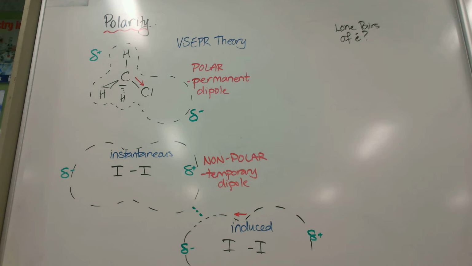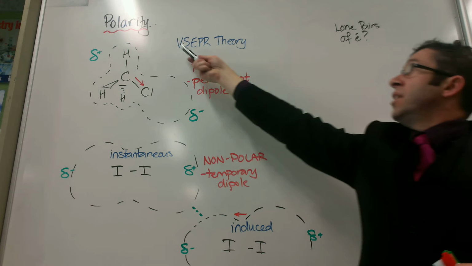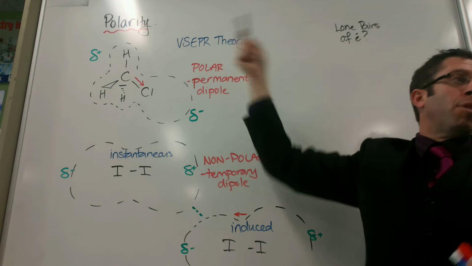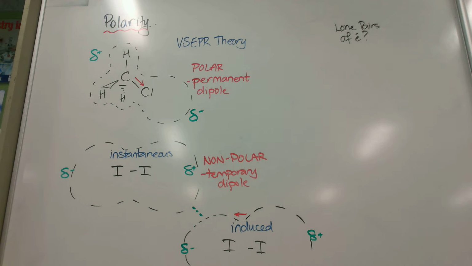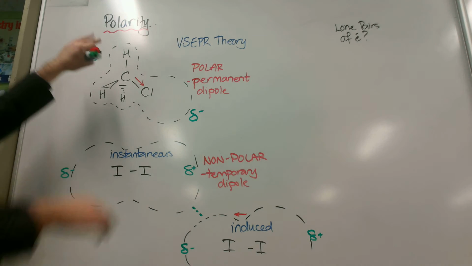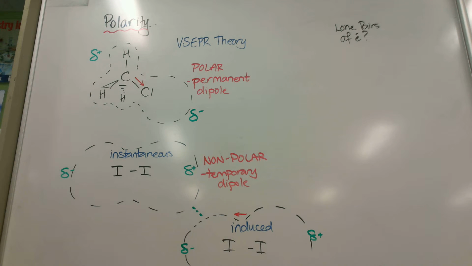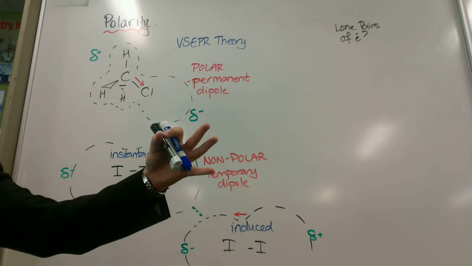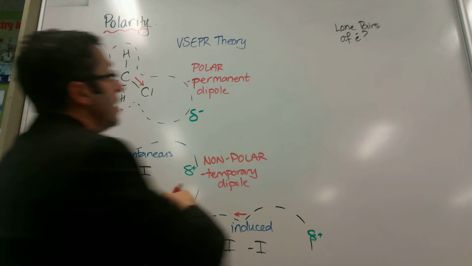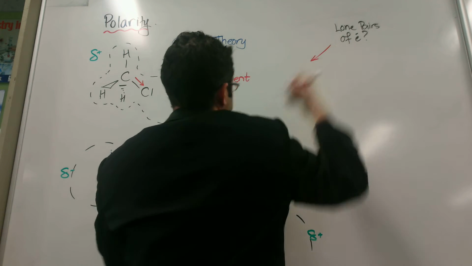lone pairs of electrons? Valence shell electron pair repulsion theory. If it has lone pairs, they will repel the bonding ones. For example, if this was a lone pair, it would still push these ones down, so it would have an effect on the shape. If there's a lone pair of electrons, then you will have an uneven distribution. Central atom, not the ones on the outside. Central atom only. So if the answer is yes,